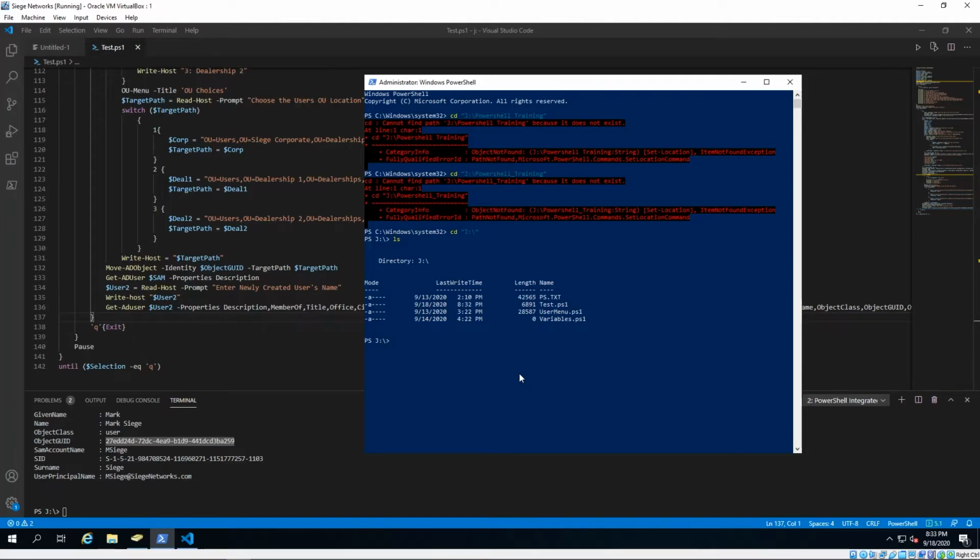So, real quick, LS is great. LS is basically list contents. It's much like the old dir used to be. Dir still works in PowerShell and spits out the same information. So if you want to list the contents of the directory that you're looking in, you can do this, which then allows you to